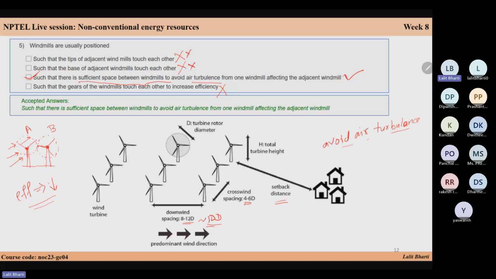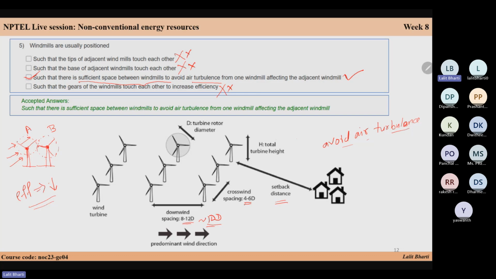Fourth says the windmill gears. So that is also not correct, because gears are inside the turbine, or at the center of the axis. So that is also not correct. So it is clear that you should have a sufficient space. So sufficient space is